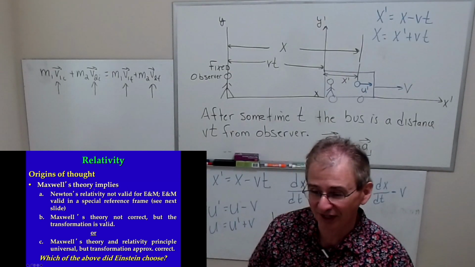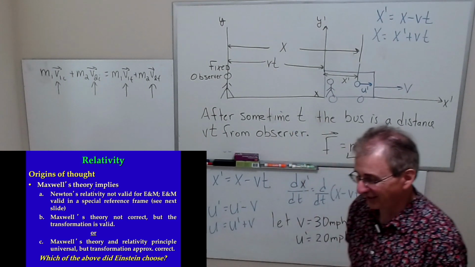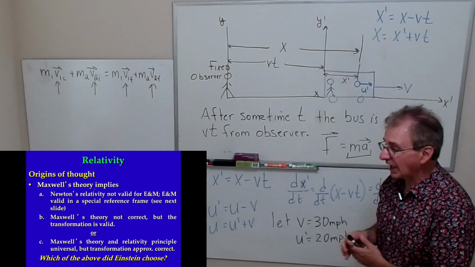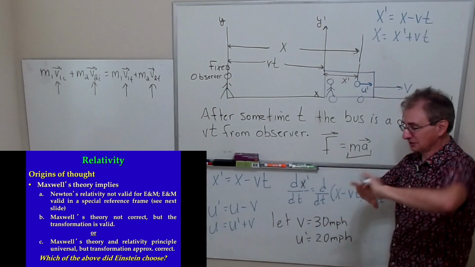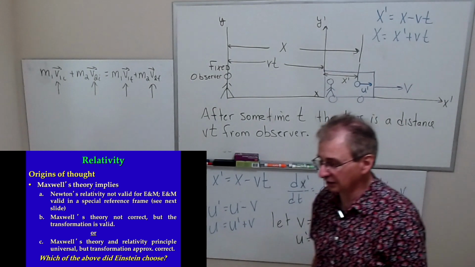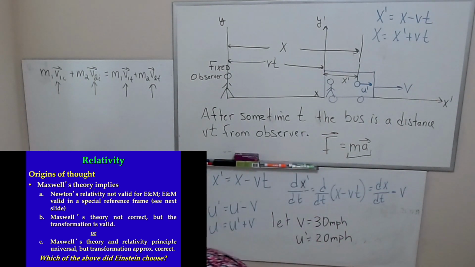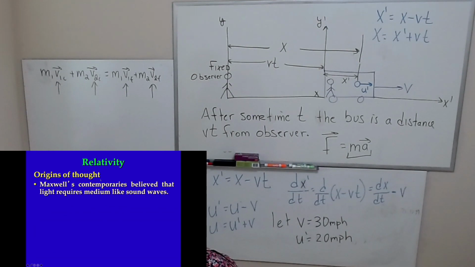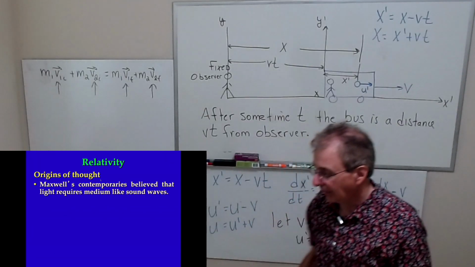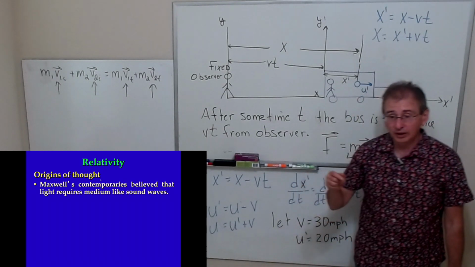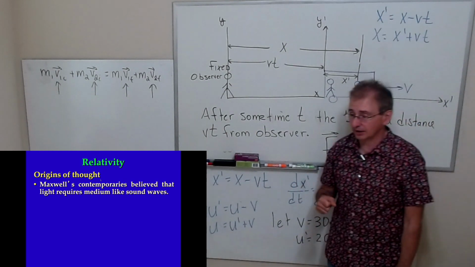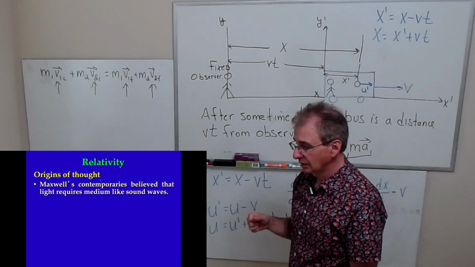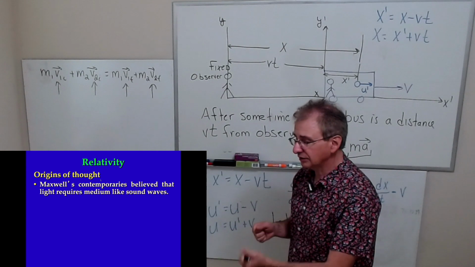And the question is, which did Einstein look at? What did Einstein look at? Now, again, there's a lot of information that I'm glossing over, I'm just skipping. There's a lot of stuff here that you can talk about, but I just don't have time. At the time when we learned about electromagnetic waves, Maxwell's contemporaries believed that light required a medium